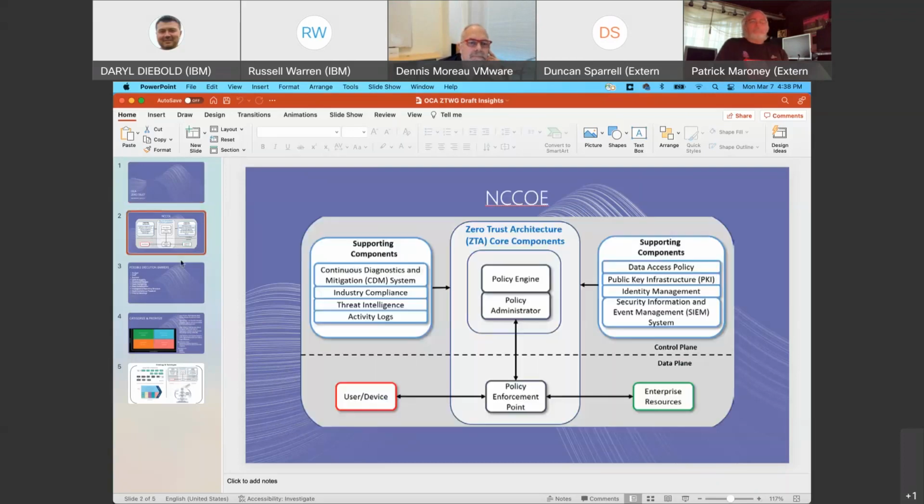If you go to the next slide, slide 2, obviously you've seen this NCCoE diagram for zero trust architecture and then the core components. The CDM aspects are largely influenced by the Fed. I'm not a big fan of the CDM strategy. I think it's been a large unintentional misdirection, a waste of time trying to get everybody on a standard view across agencies and sub-agencies. The supporting components on the policy side and the SIEM, the component pieces, the enterprise resources, all of these things